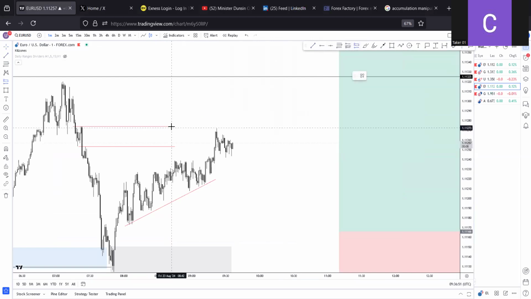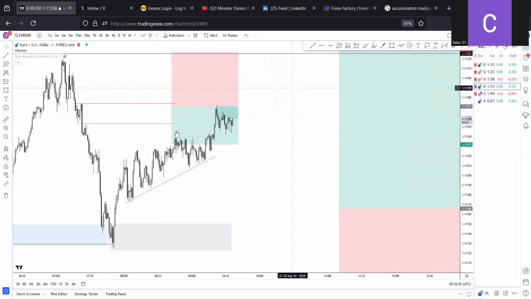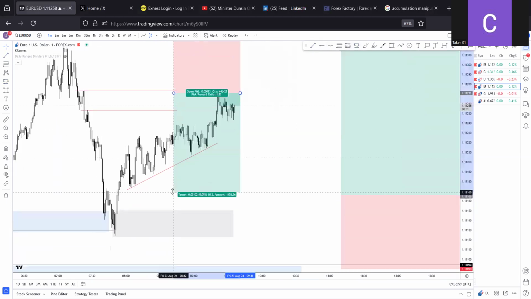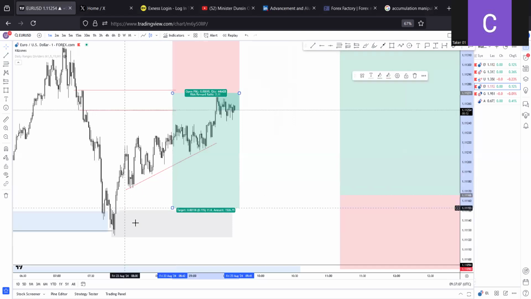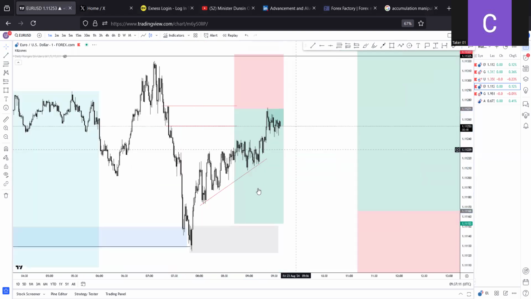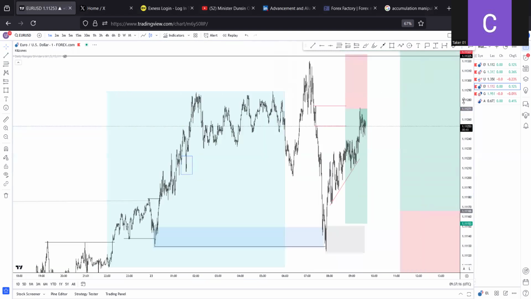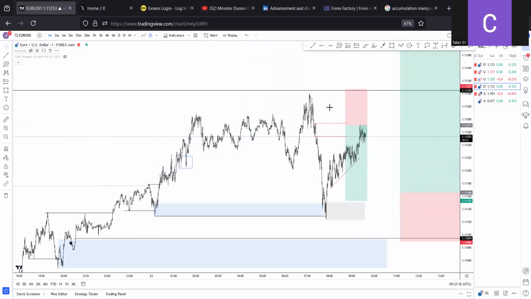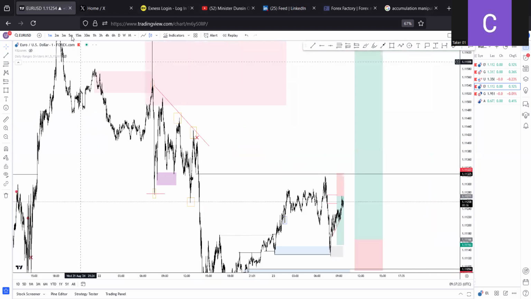So let's say we are selling from here. Our stop loss will obviously be sitting here, right? So let's say we're taking a sell from here. Now this sell is going to come all the way down here, possibly all the way down here to run all this liquidity, then do what? Tap into this zone because this area is a demand zone, right? And when we tap into this zone, we'll come all the way up to run all of these highs. If possible, run the overall high, which is going to be all the way up here,